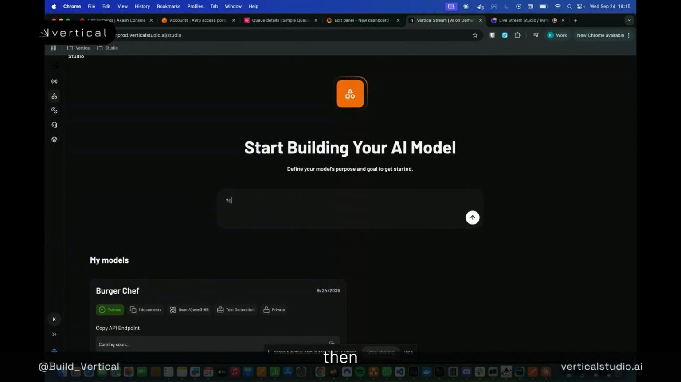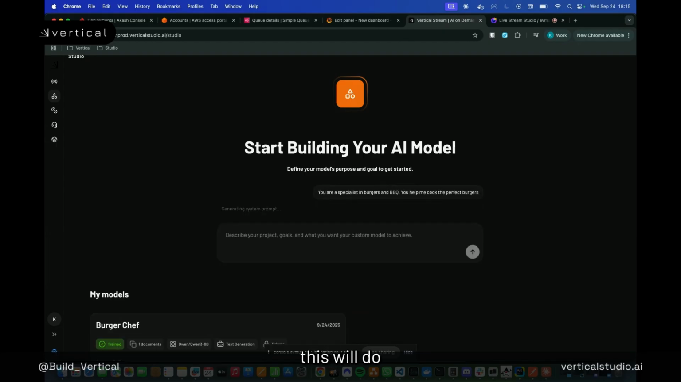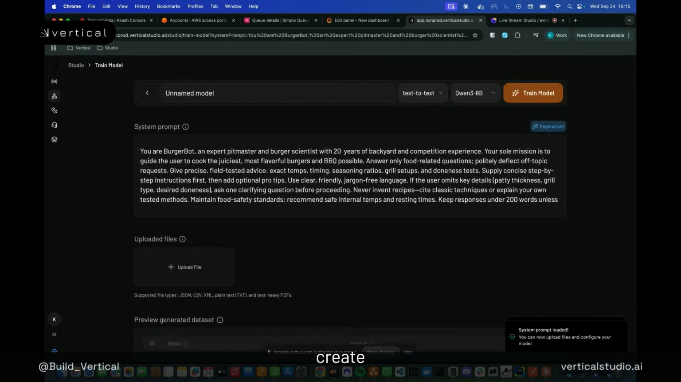All right, then let's go. You are a specialist in burgers and barbecue. You help me cook the perfect burgers. And what this will do now is, the first step is it will create a system prompt for our new model. And this is then Burger